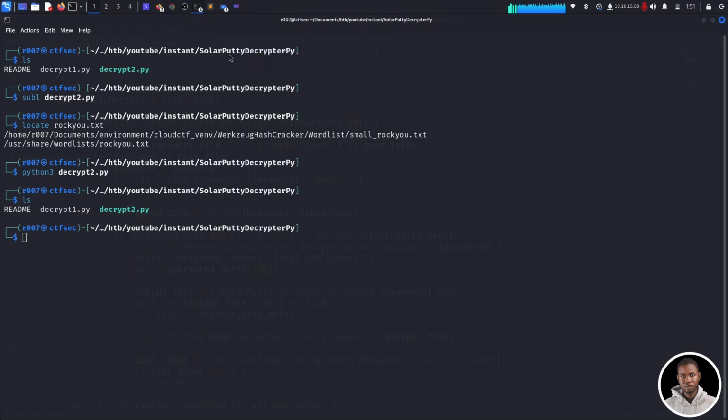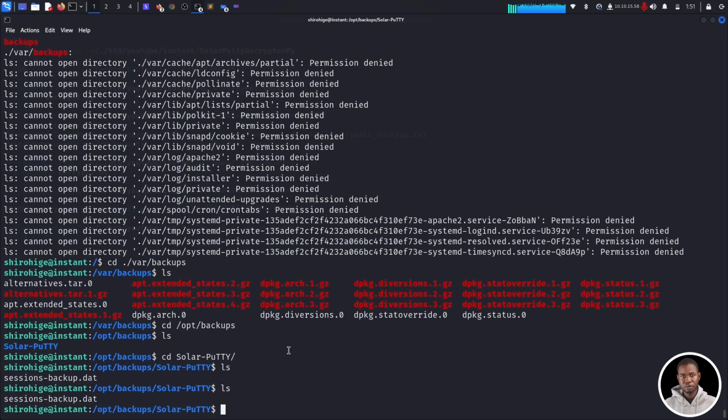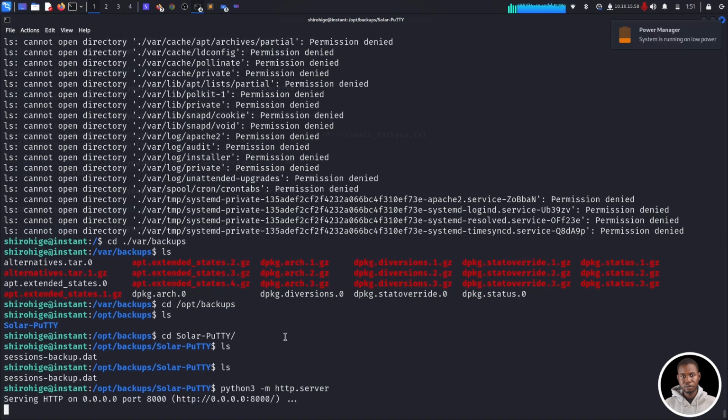So we need to go back to the application where the session data is, which is in our current working directory. We're going to start another Python HTTP server to be able to serve the file to our attacker machine using the http.server module. Okay, just a second. I'll just plug in my PC. Okay, good. So now that we are serving on port 8000,